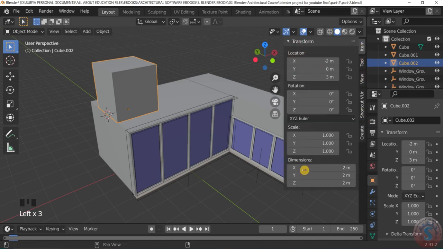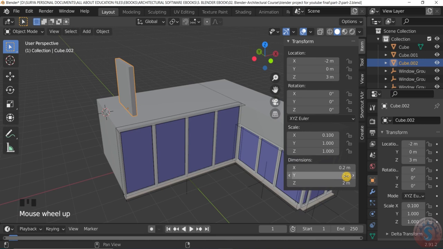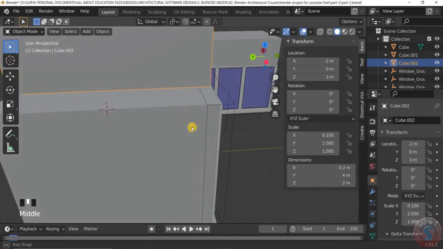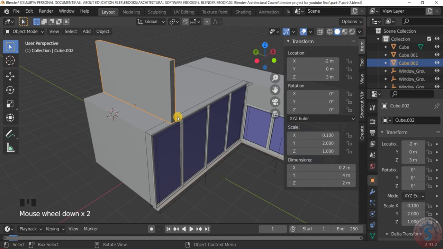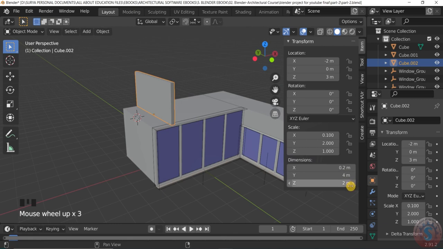You can observe the transform item and give the dimensions on each axis: 0.2 high, and I'm giving y as 4 meters. You can see the dimension I'm giving here on the cube.